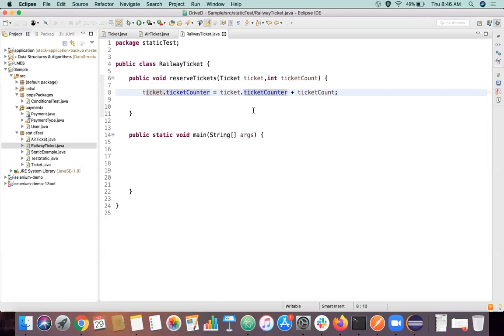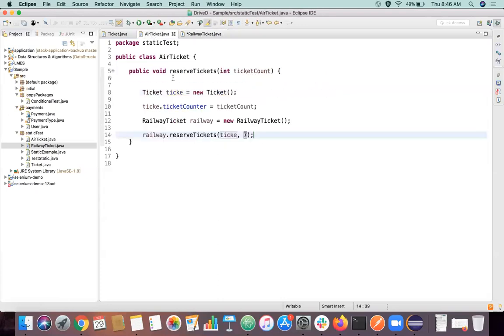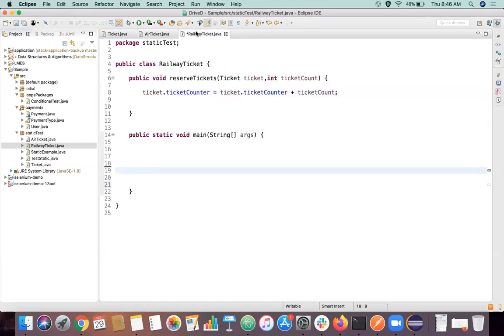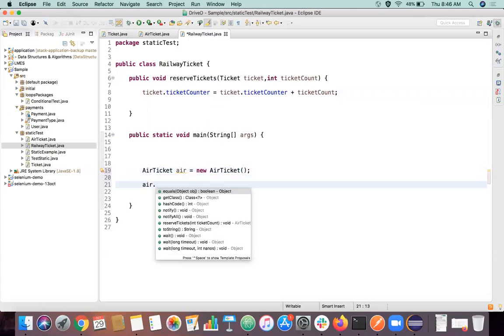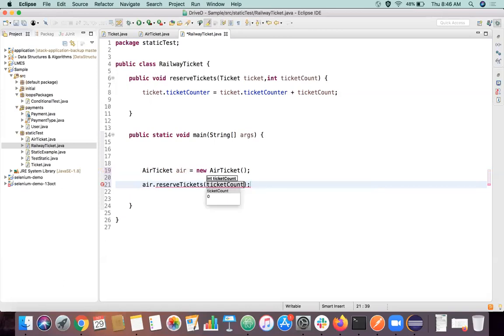If you try to run this program, how should I run it? Because the logic is in air ticket, I just have to create an air ticket object. And I just have to call that method here, reserve tickets of 3.